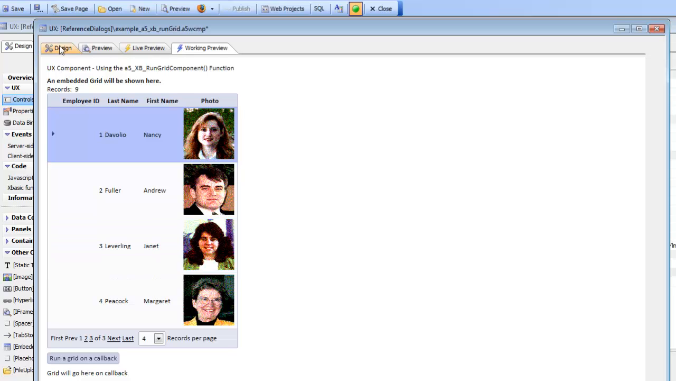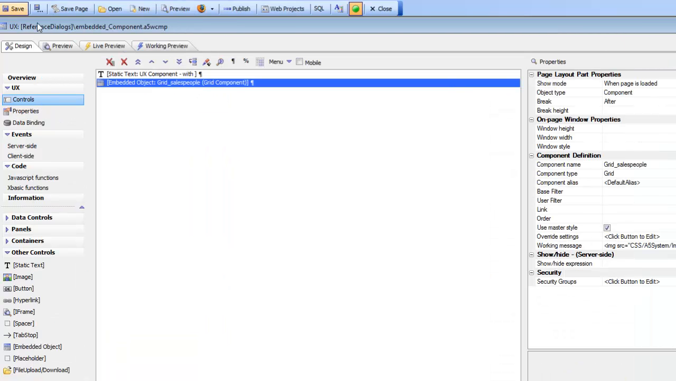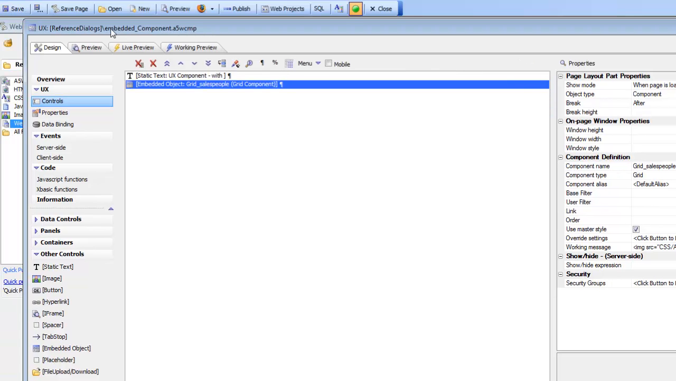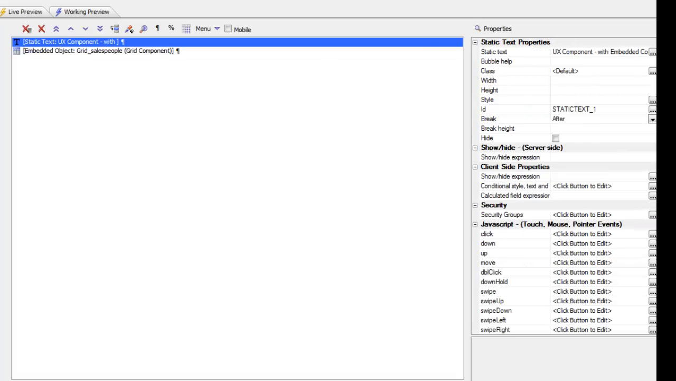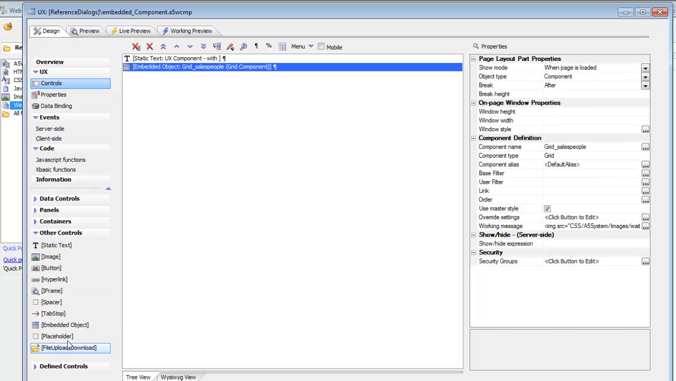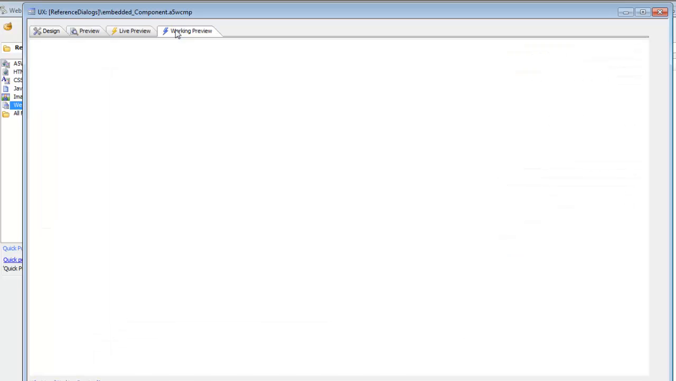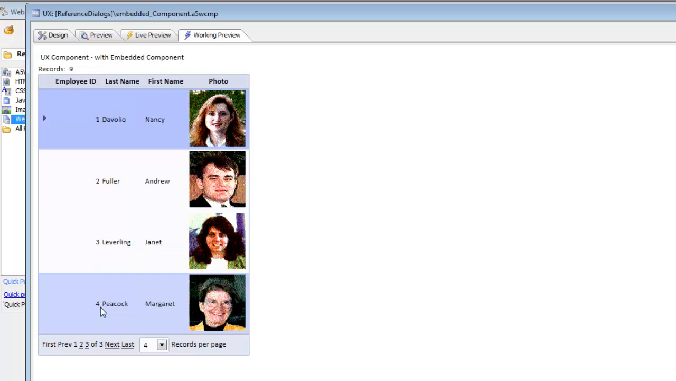So the first question you might ask yourself is, well, what's special about this? We've always been able to put embedded components inside a UX component, and in fact if we go to this UX component over here, we see that we have a static text control at the top with a label, and then underneath that we have an embedded object that was placed using this control over here. So when we go to working preview, we see our static text control, and then we see the embedded grid